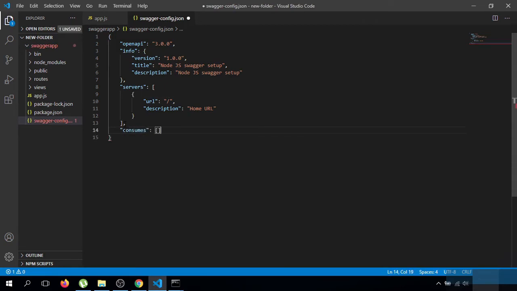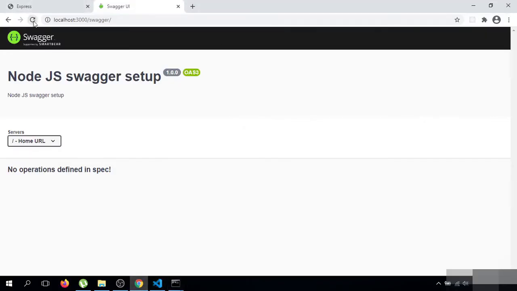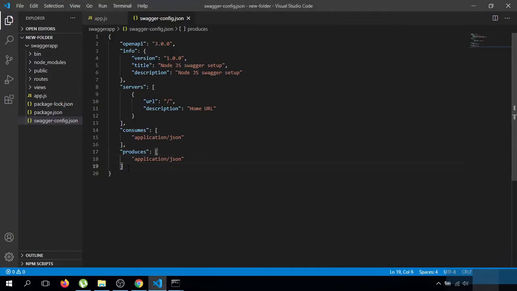Consumes, I am passing application JSON because in my case I will be sending JSON and return JSON. That no changes as of now.